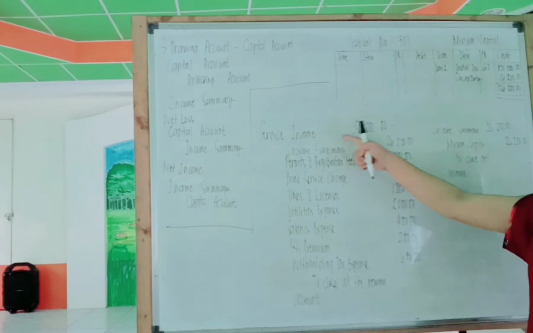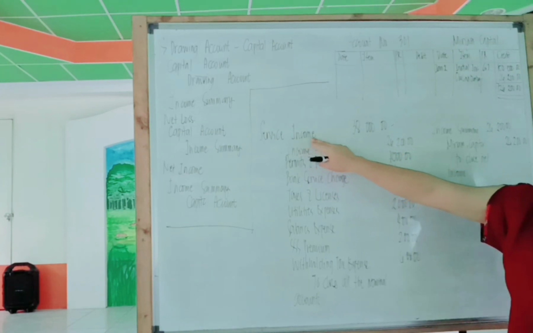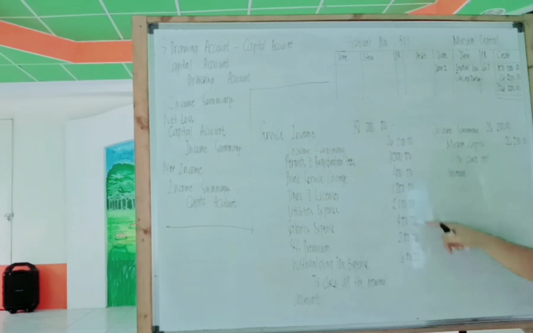Ganon din ang gagawin natin sa lahat ng nominal accounts natin. For the service income, babalikan natin siya. 38,000 credit side. And then, magde-debit tayo ng 38,000 because of the closing entry. The balance of your service income will now be 0. And then, permits and registration fees for your expenses. Naka-debit 7,000 pesos kanina. Babalikan natin siya, magka-credit ka ng 7,000. So, your balance will be 0. The same goes with your bank service charge, taxes and licenses, utilities expense, salaries expense, SSS premium,